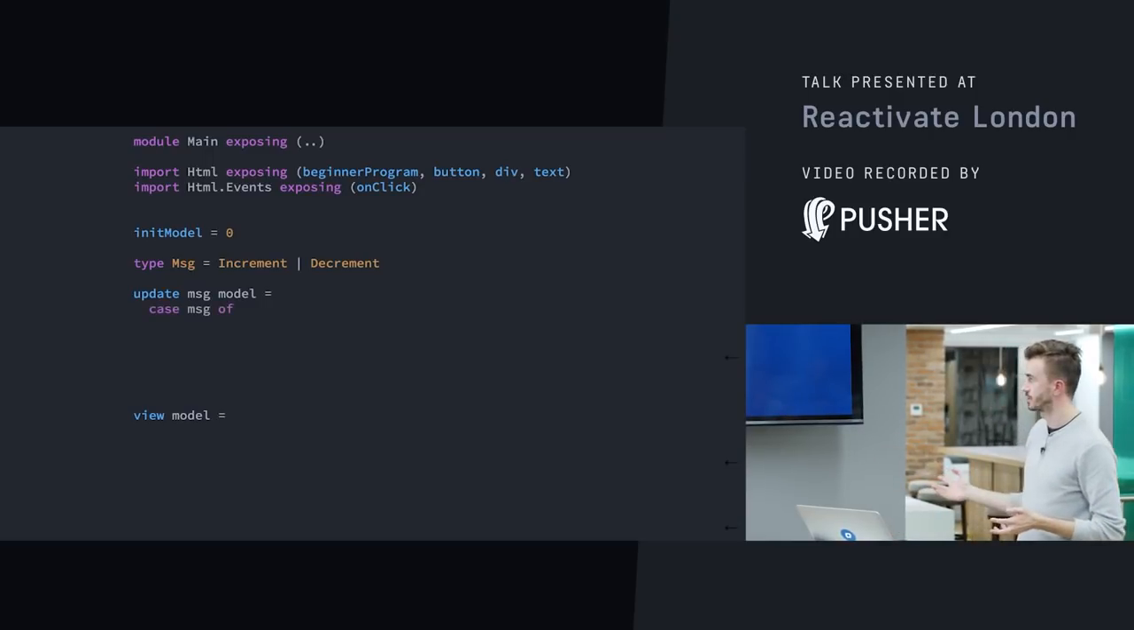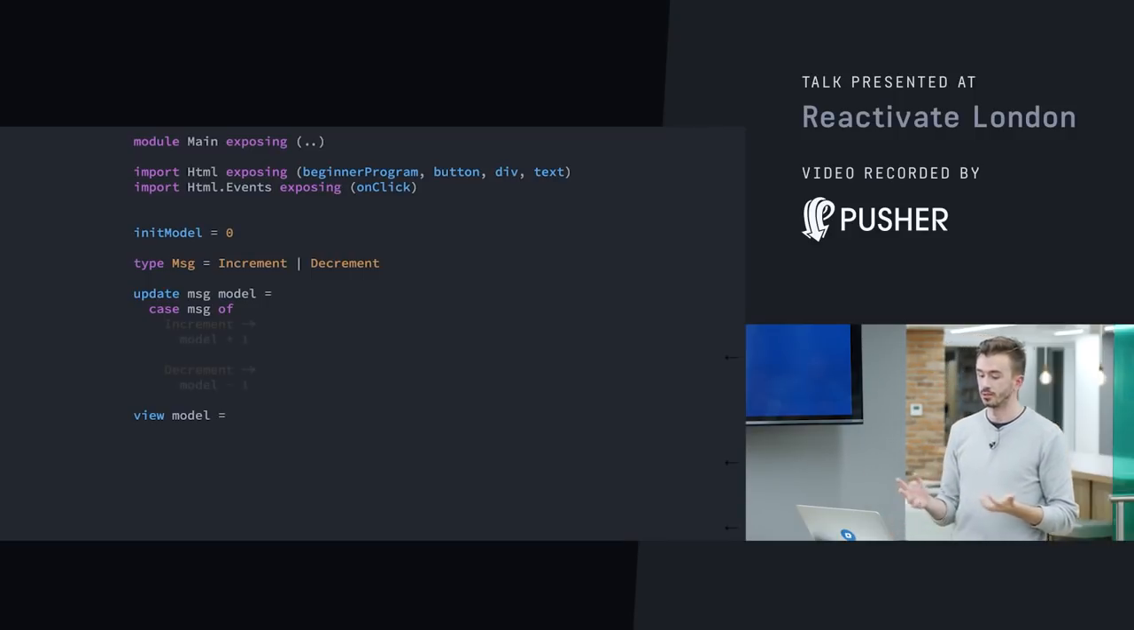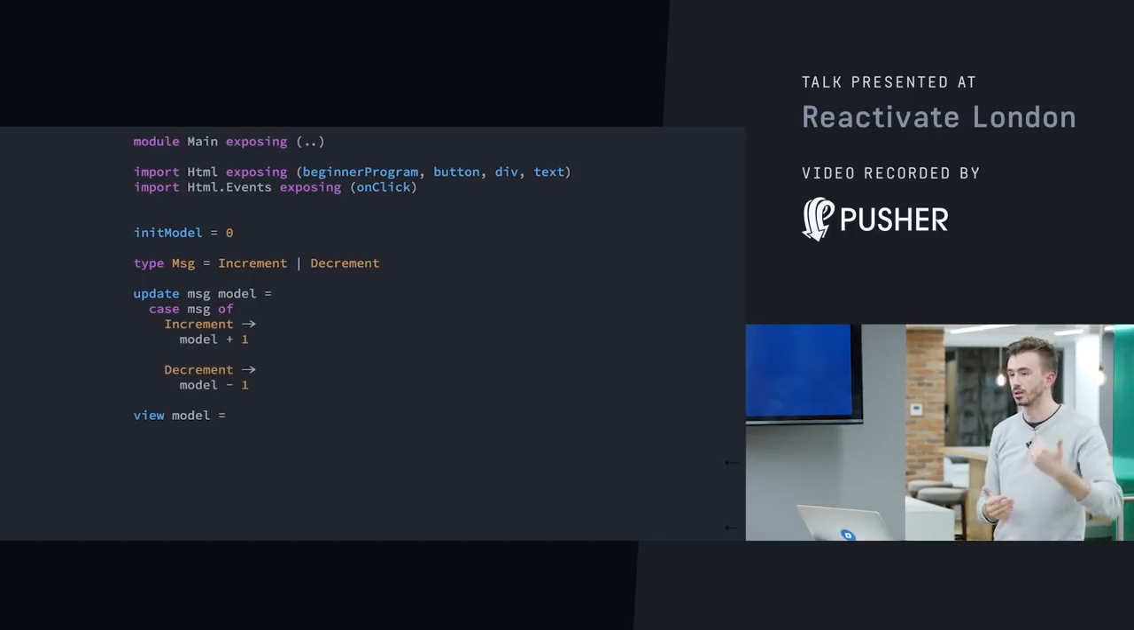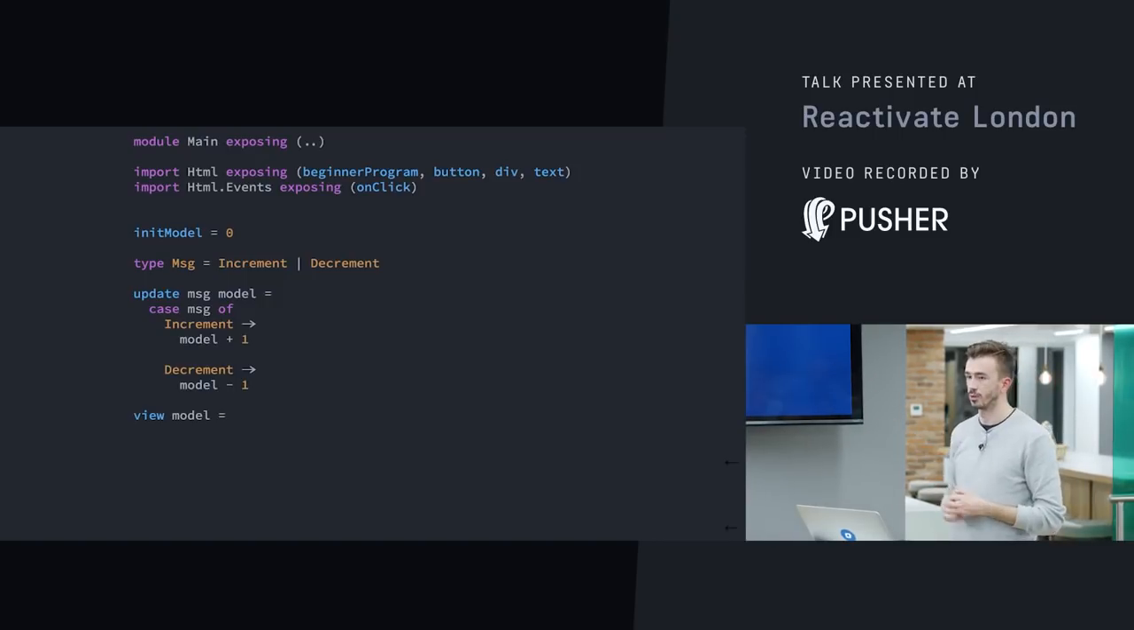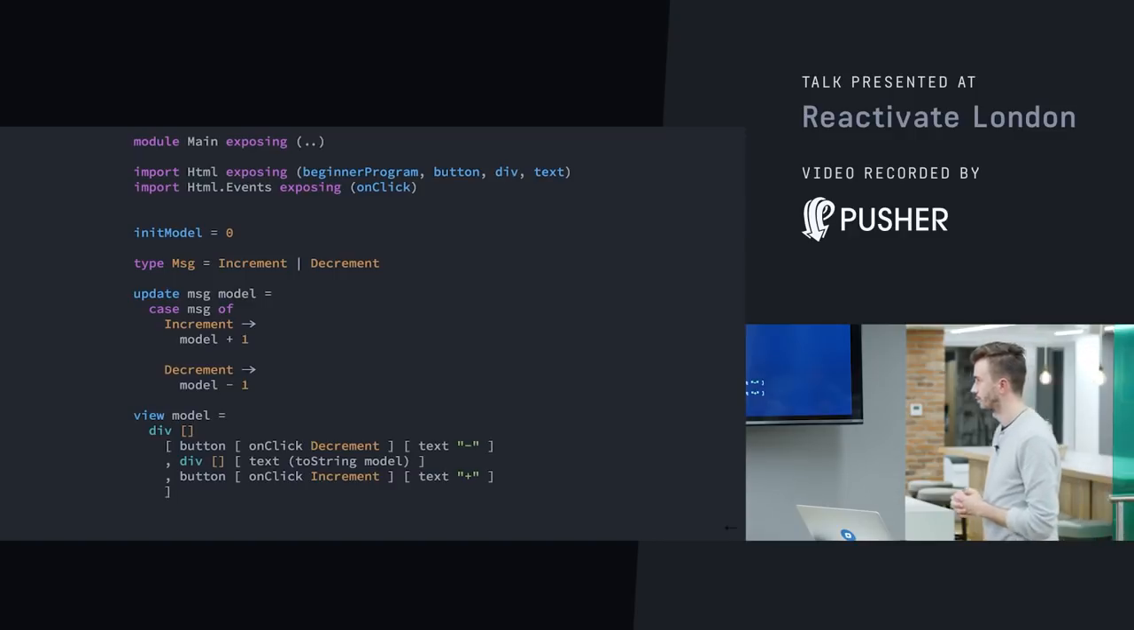OK, so our update function, usually 99 times out of 100, we will start with a case. And a case is, as you would expect, the message is of the message type. So we're going to case on increment. Well, if we're incrementing, if that's the message that we received, we're going to return model +1. If we're decrementing, we're going to return model -1. And our view is going to use our functions. So